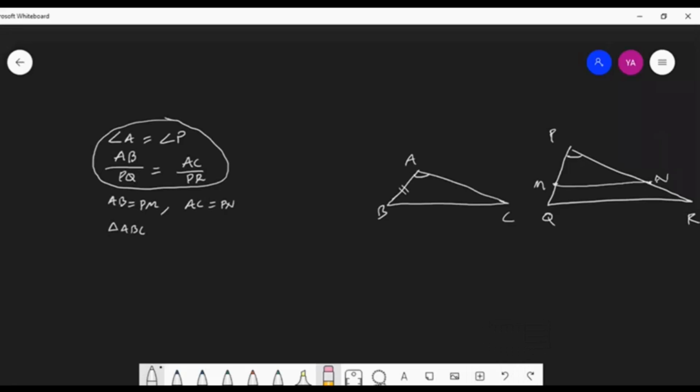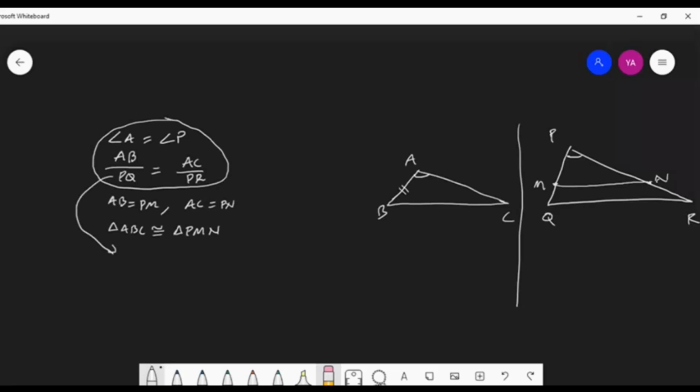SAS, side, angle, and side. By applying the SAS congruency criteria, triangle ABC will be congruent to triangle PMN. Okay, keep it there. Then you look here. If you consider the second triangle here, triangle PQR, then here PM by MQ, PM by PQ, this criteria,